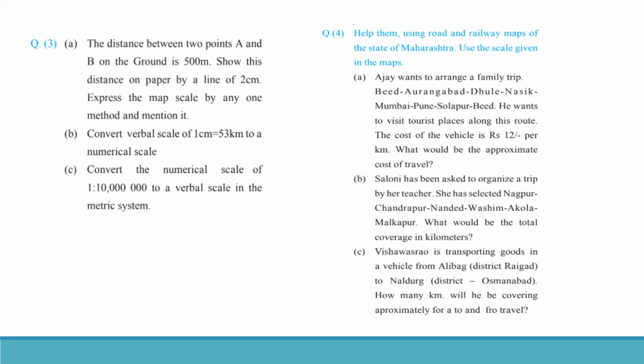Again, question 4. You need not do this using the road and railway maps. This exercise is again omitted. So on page 67, if you go through the exercises, whenever you are free and you get a textbook in front of you, or you can refer to your PDF version, you will notice that question number 1, A, B we have discussed. Question 2 we have not done, it is omitted. Question 3, A, B, C has to be done. Question 4 is omitted.